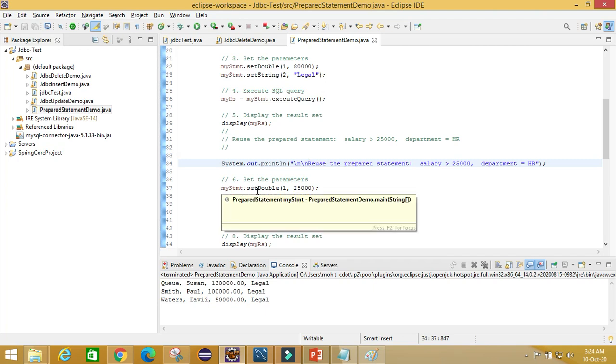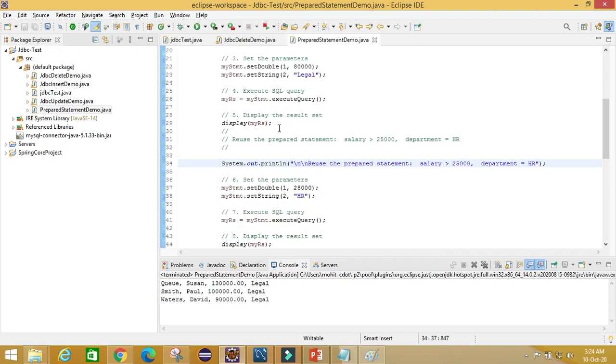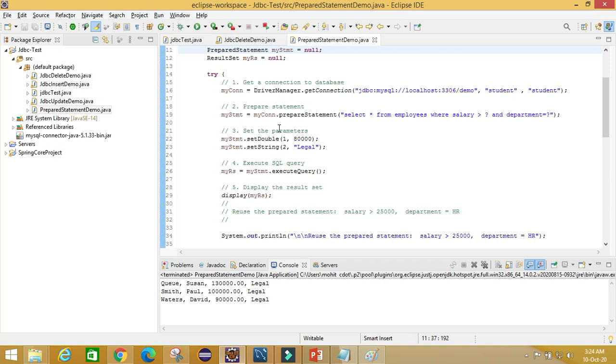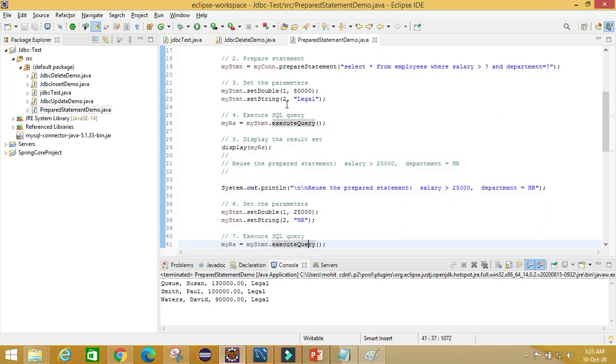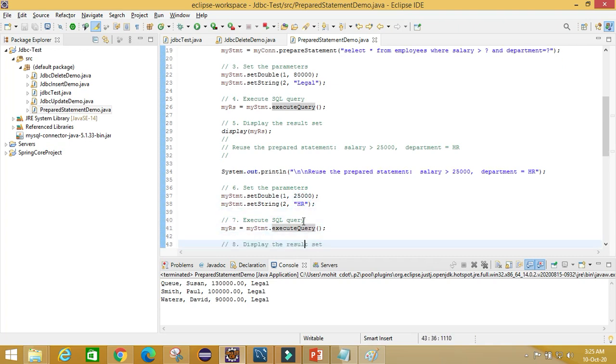Now, setting the parameter values: I wrote the prepared statement once, and now I'm setting different parameters here. The salary is 25,000 and the department is HR. Now executing this query, I will check.